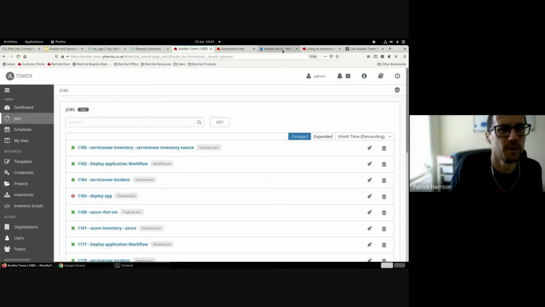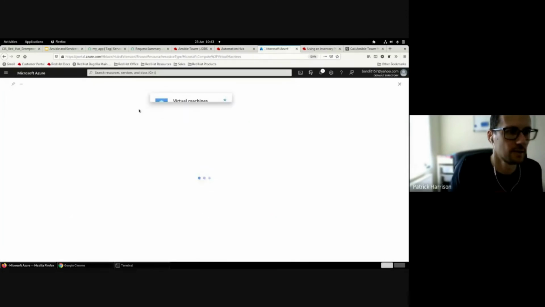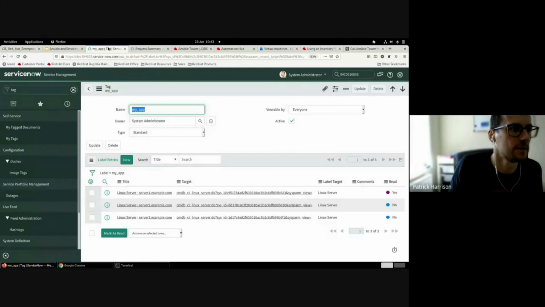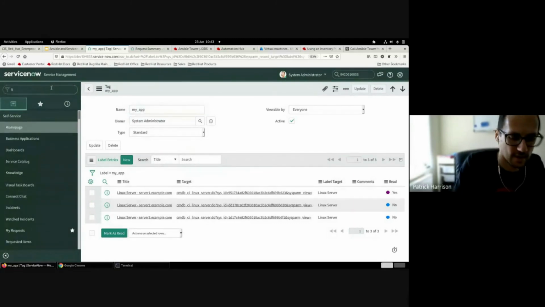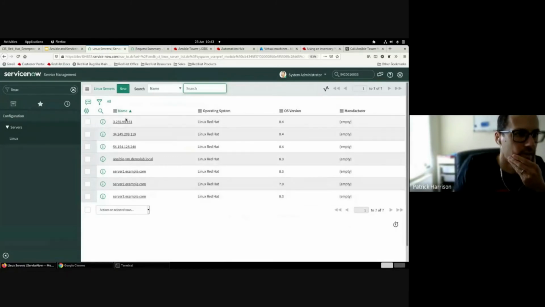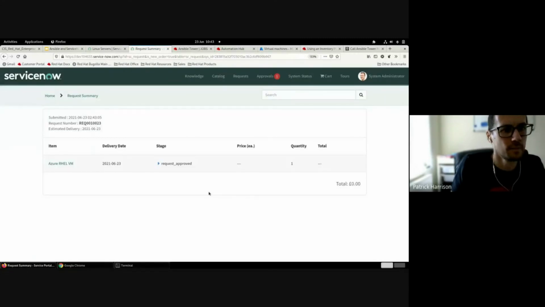And again, before we approve, let's just double check in Azure. If I go and look in here at my virtual machines, I should see that I don't have any virtual machines at the moment. And again, if we just remind ourselves what's in our CMDB in ServiceNow and look at our Linux servers, I've only got these servers at the moment. So I've just requested a VM called TechTalk. That doesn't exist in the CMDB yet. So back into ServiceNow's